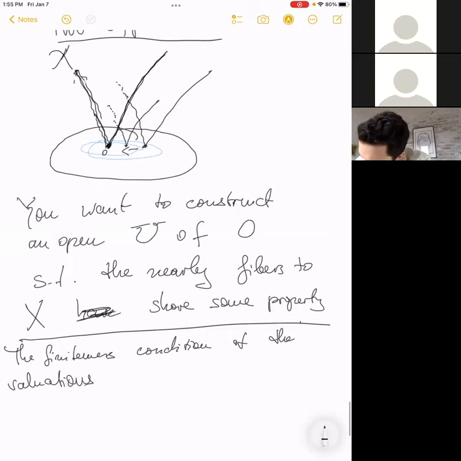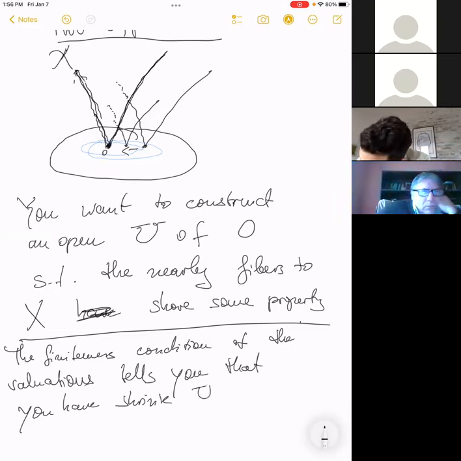You have to shrink this open neighborhood in the parameter space finitely many times. If you don't have the finiteness,